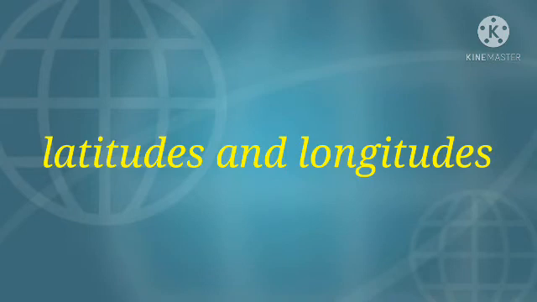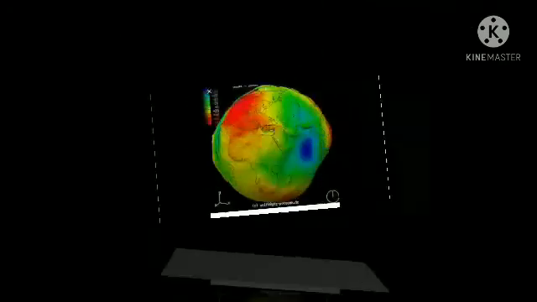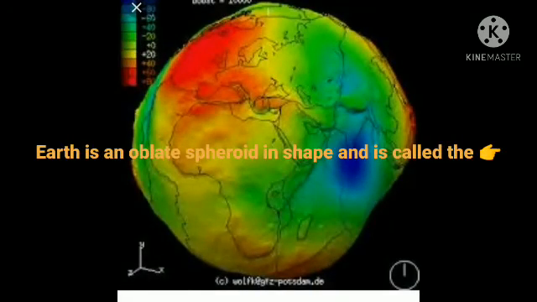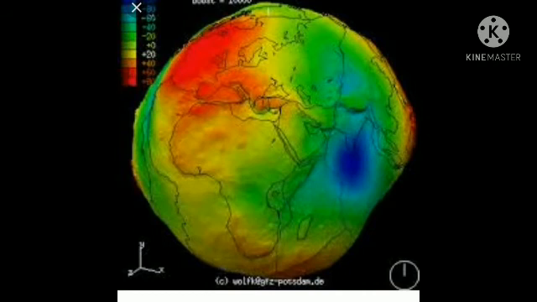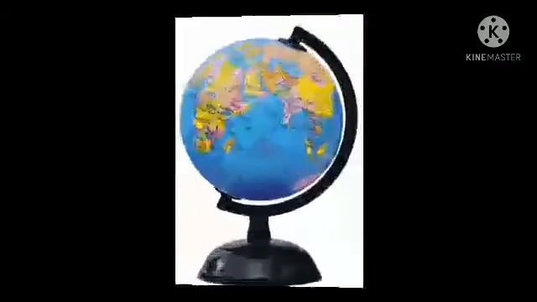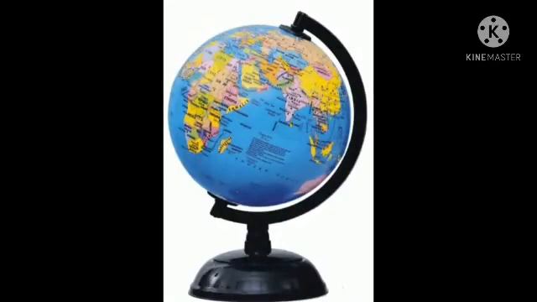Okay, so let's start. The Earth is an oblate spheroid in shape, called the geoid, and the Earth's spherical shape is best represented by a globe. The Earth is flattened at the poles and slightly bulged at the equator. Centrifugal force and gravity are responsible for its shape. Earth is the only planet with life on it, with a vast equatorial circumference of approximately